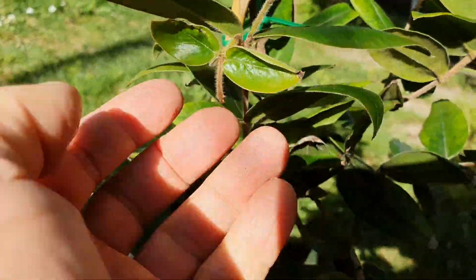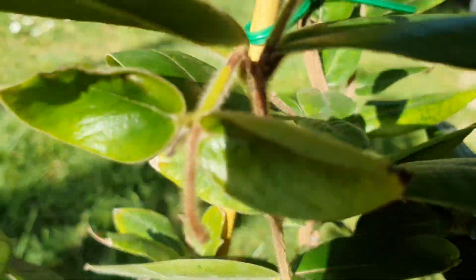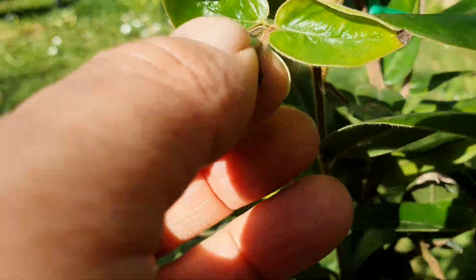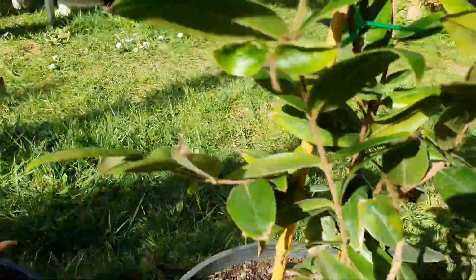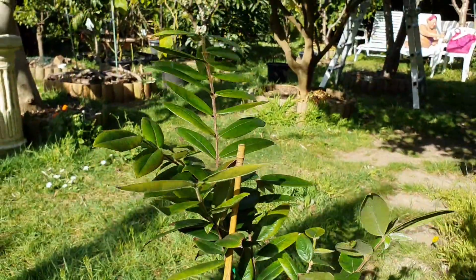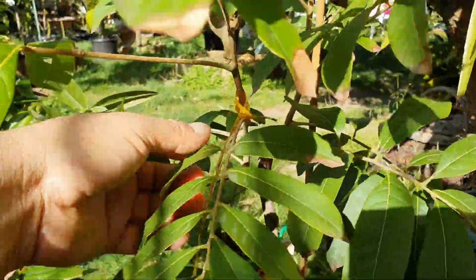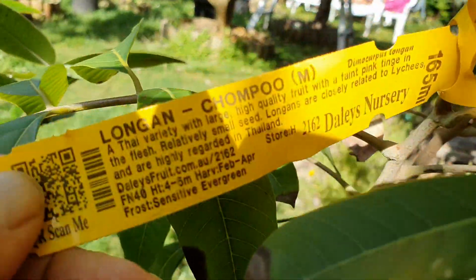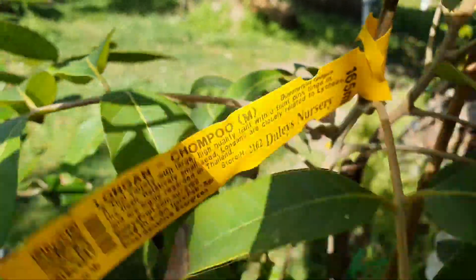So yeah, the yellow jaboticaba, what's this? It's just hanging on there. Pretty weak. Pretty weak. Gets a 9.5, but it could have stayed out. Could have stayed out. This one here is the Longon Chompu variety. Okay, it's a marcot,